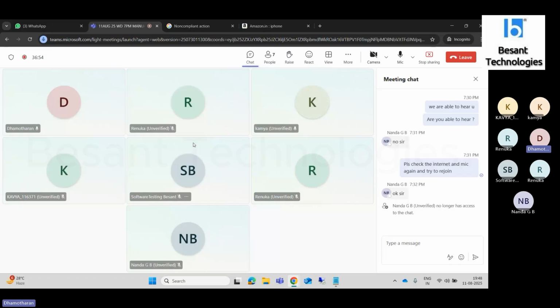So what is meant by updates? When you update, what will happen? Like in WhatsApp, a new message came, then we see it immediately. That means some new features were added in the application. That is called an update. In the new version, you can see some new features, right? Same like that, in real time also we are doing releases.